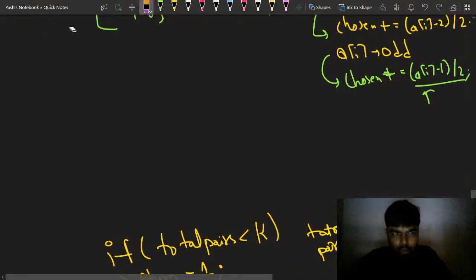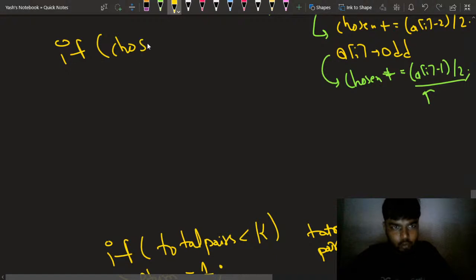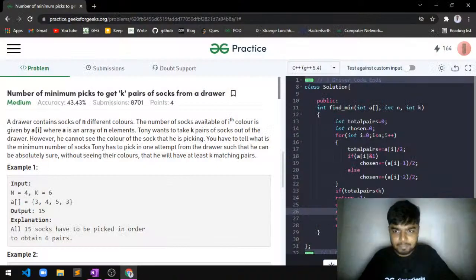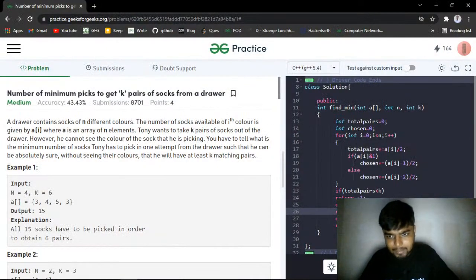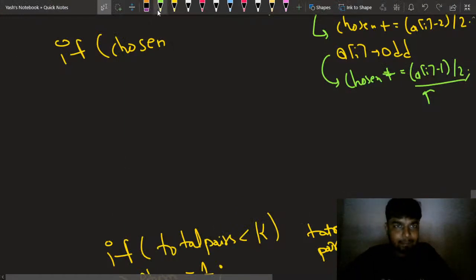I'll tell you why I want to do this, because I don't want to pick all the elements, and neither do I want to miss a chance such that I am unable to find the optimal minimum answer, right? So what I can do is, if the pairs that I have chosen are greater or equal to k, there can be a situation that the pairs that I have chosen up till now